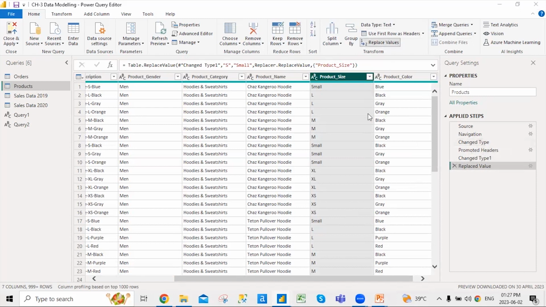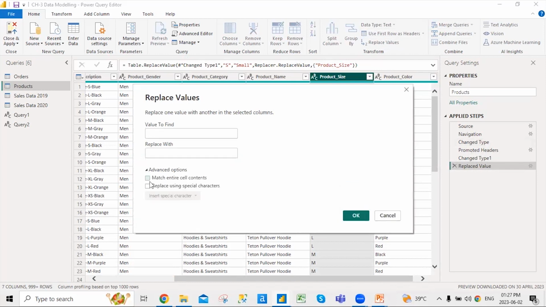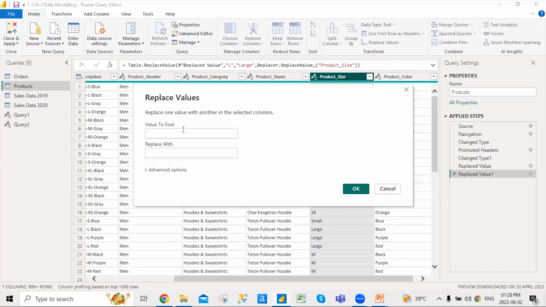Similarly, L2 large, that's replaced. M2 medium,